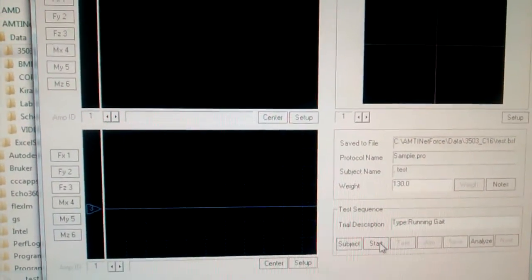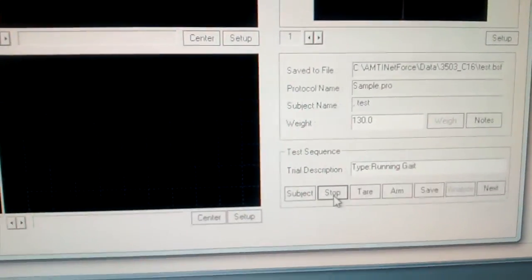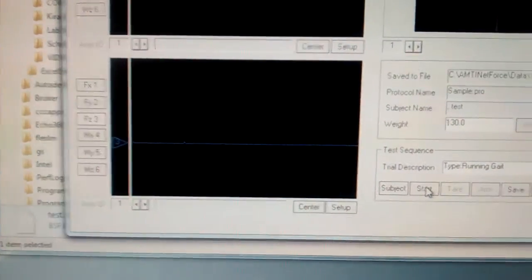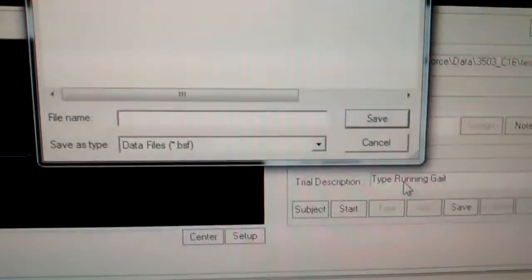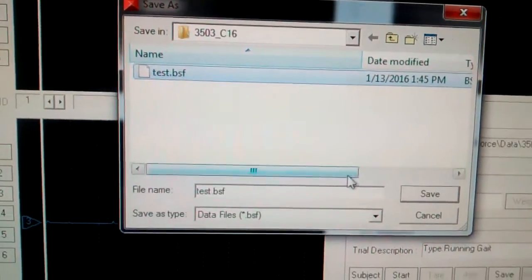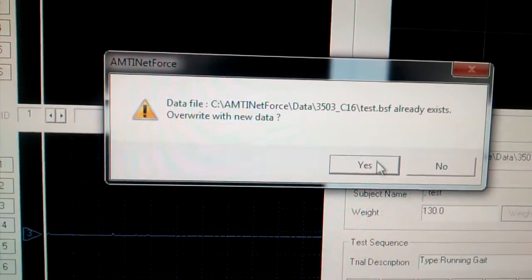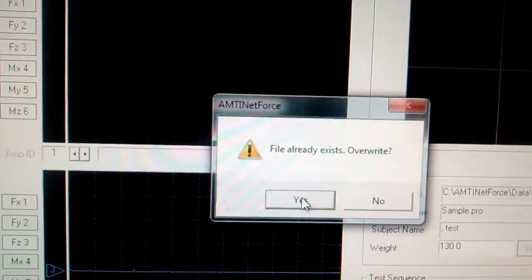So here we go. We're going to hit start. We're going to hit stop. Okay, then we're going to go to save. Okay, I'm going to overwrite my test file because that didn't work very well. Yes. Okay, and now